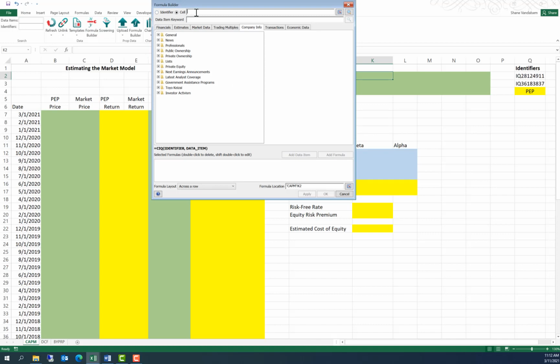And the first area up here is for the identifier. I'm going to use the cell rather than typing in the identifier. You can type in the identifiers up here by selecting this circle. However, I want to be able to drag this down and refer to each identifier in column Q. So my first one's going to be